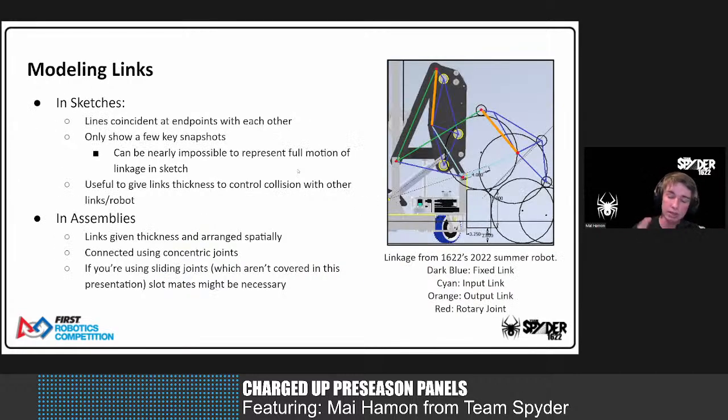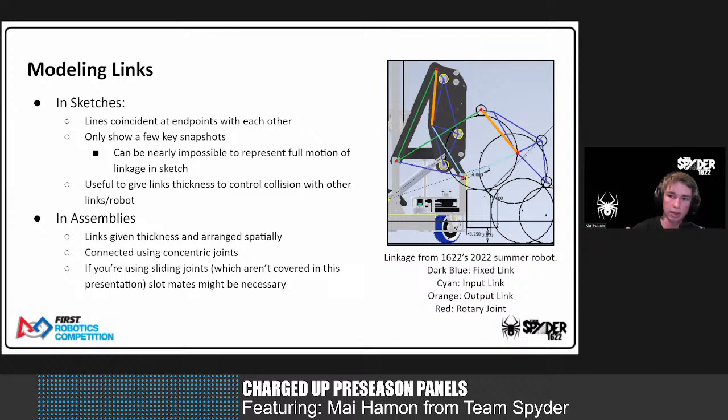Now, just to talk about how to model linkages in your CAD software of choice. Our team uses Autodesk Inventor, and you can see artifacts of that in whatever screenshots of our CAD we have here. In terms of modeling linkages and sketches, for rotary joints, it's as simple as having lines coincident in endpoints of one another. Although modeling the thickness